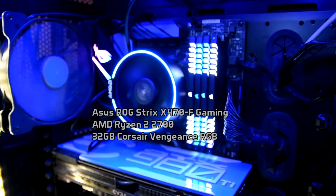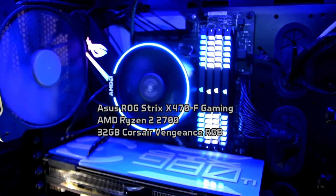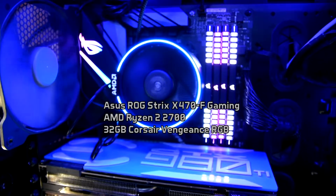So right now I've gone from an Intel 4790, Corsair Vengeance LP RAM and an Asus Z87-A to an AMD Ryzen 2700 and an Asus ROG Strix X470-F gaming motherboard. And at the time I was actually using, and I wish I had the box in front of me, G.Skill's Trident Z RGB RAM that was a speed of